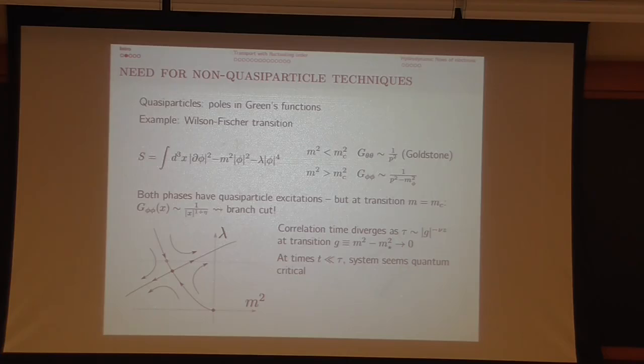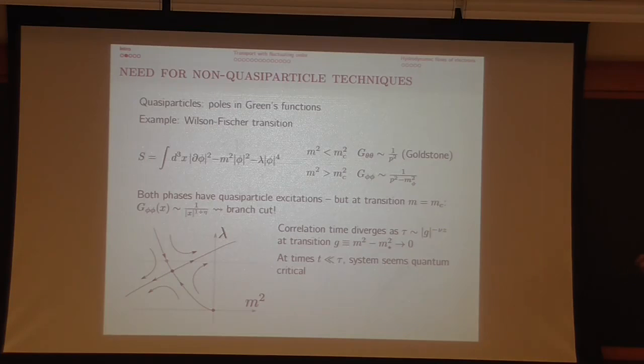So let me quickly go through this argument. As we know, at the critical point, there's a correlation length and a correlation time that diverge. So here g measures the distance to the critical point. Let's say I'm tuning g, and this is some critical exponent. If I'm not quite at the critical point, then in the deep IR the system is going to be described by some phase. But if I only probe times that are long compared to microscopic timescales, but small compared to this correlation time, then the system will still seem quantum critical.